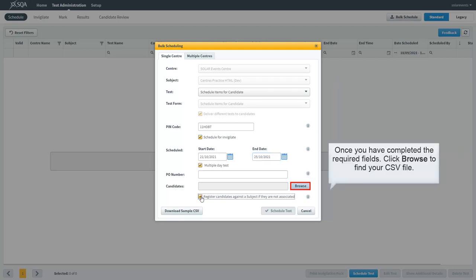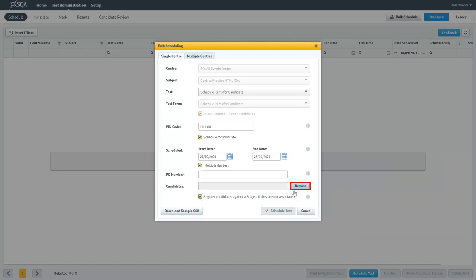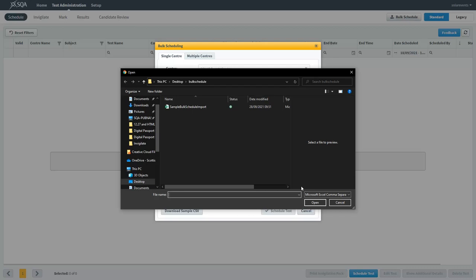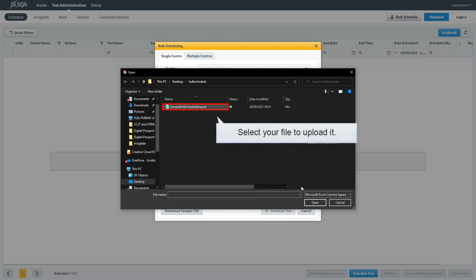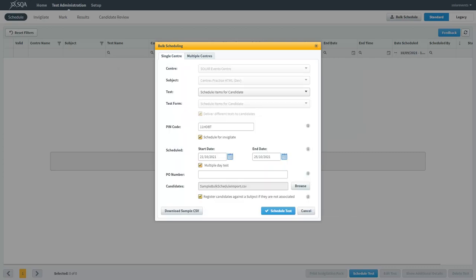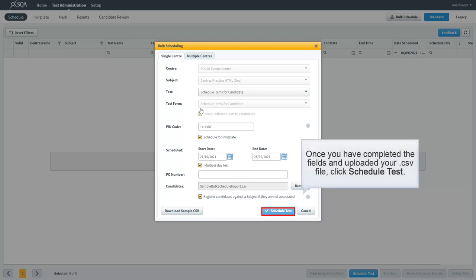Once you have completed the required fields, click Browse to find your CSV file. Select your file to upload it. Once you have completed the fields and uploaded your CSV file, click Schedule Test.